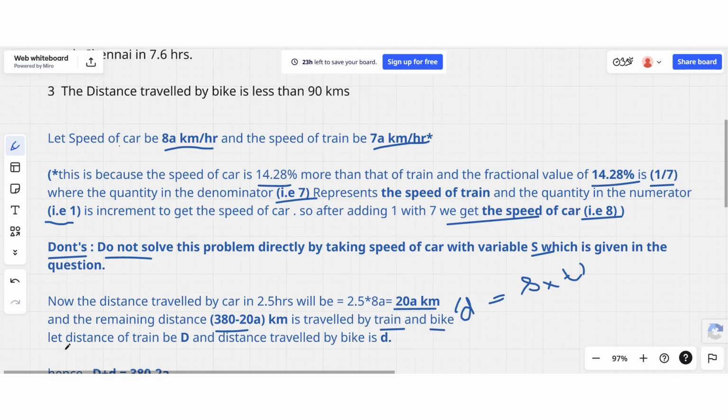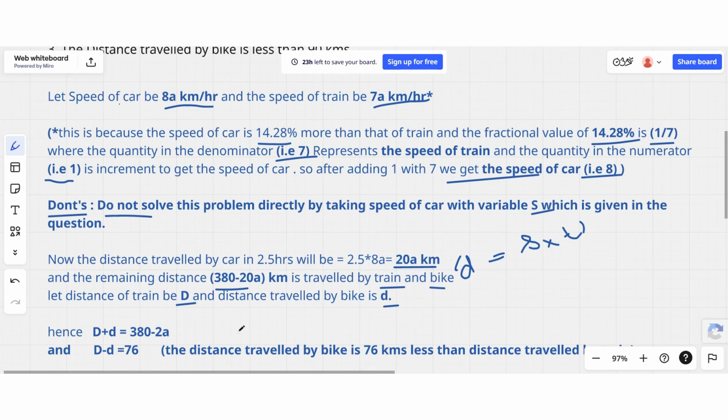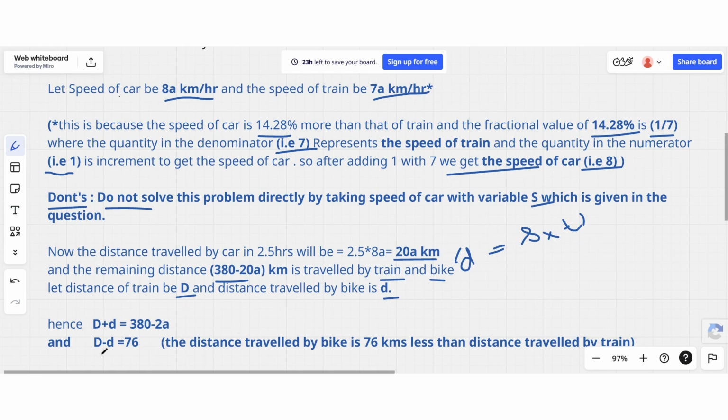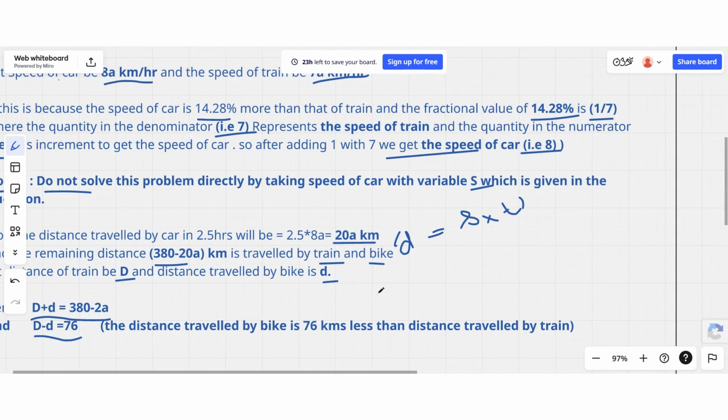So let the distance traveled by the train be d kilometers and the distance traveled by the bike be D kilometers. Now, d plus D will be 380 minus 200, because it is combined traveled by both train and bike. And it is also mentioned in the question that the distance traveled by the bike is 76 kilometers more than the distance traveled by the train. That's why D minus d is equal to 76 and d plus D is 380 minus 200. On solving these two equations,